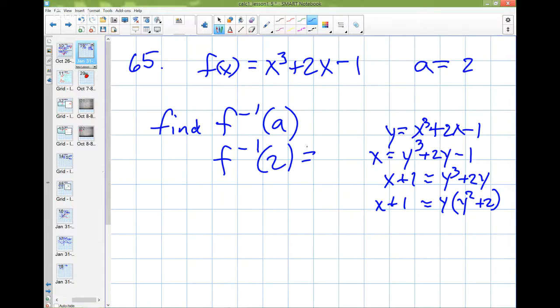And so you're kind of stuck here. But you don't even need to do that, because what this says is, if the answer is 2, can you tell me what x is? So f inverse of 2 means, when 2 is the answer,